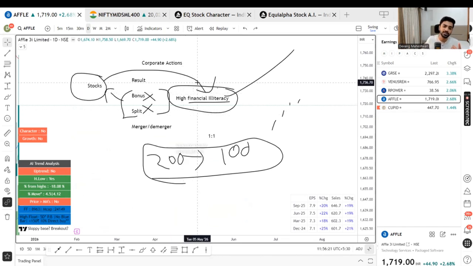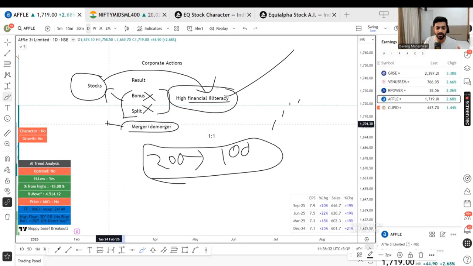After the bonus, the price action will change. So I don't go in with a bonus. I don't go with splits. For mergers and demergers also, I exit before that. I don't want to participate in all these three: bonus, split, merger. This is not my area. Why would I like to bet on it? I am a short-term swing trader. I don't have to do anything with it. Once everything is done, after that I'll do. Once the bonus is done, if it then gives me a regular entry, I will take it.